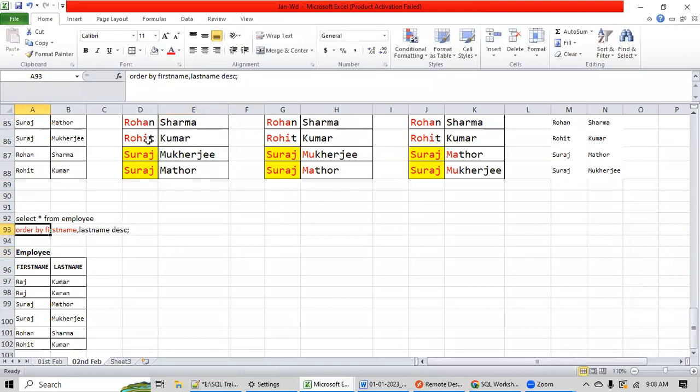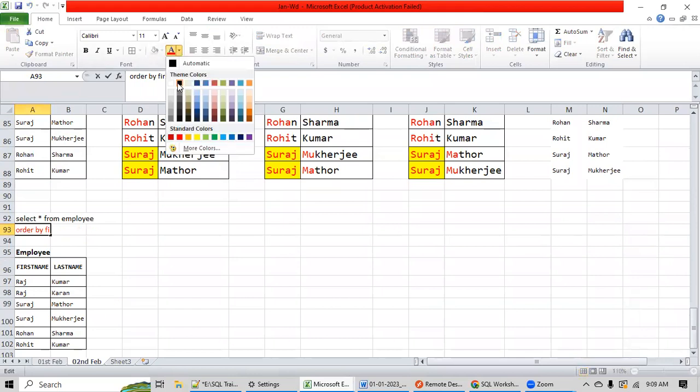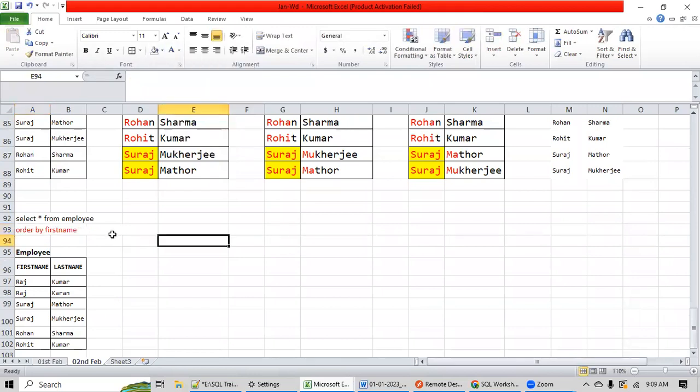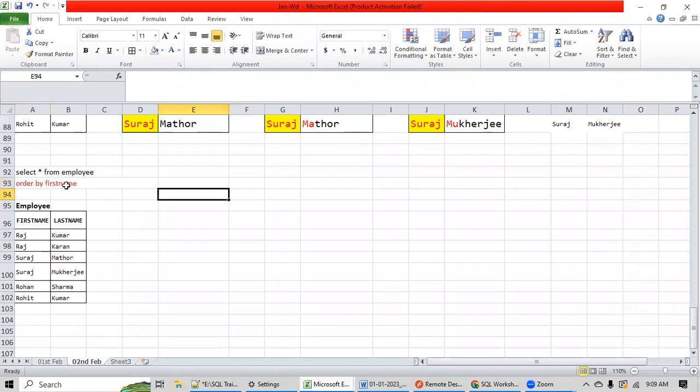And again, forget about this. Suppose this is not present at all. Order by first name. This is in which order? Ascending order. So now here the engine will sort the first name based on ascending order. So Raj will be before Suraj, and so this will be like this. One minute.